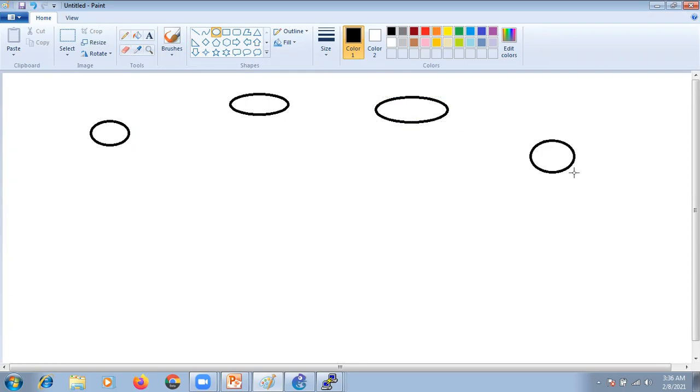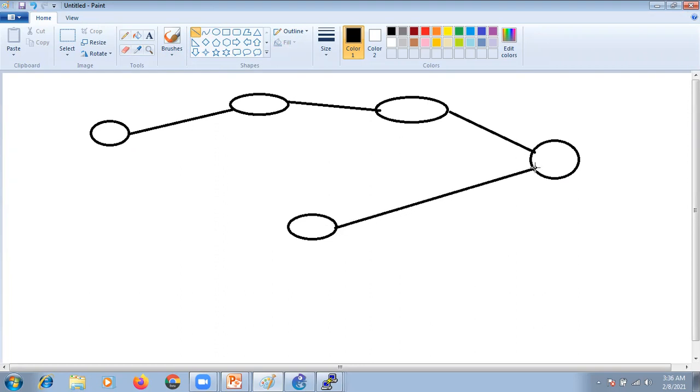Let's draw something like this. Let's suppose this is router 1, and let's suppose this is R2, R3, R4, R5.